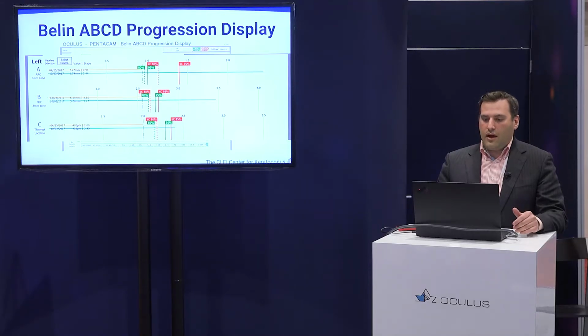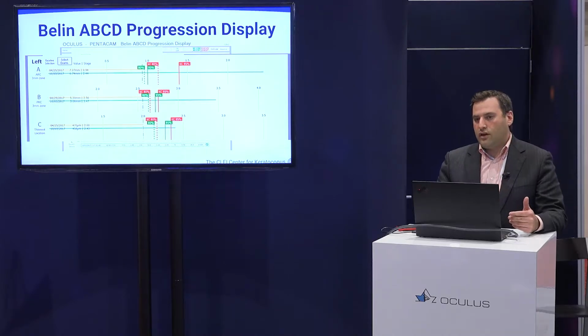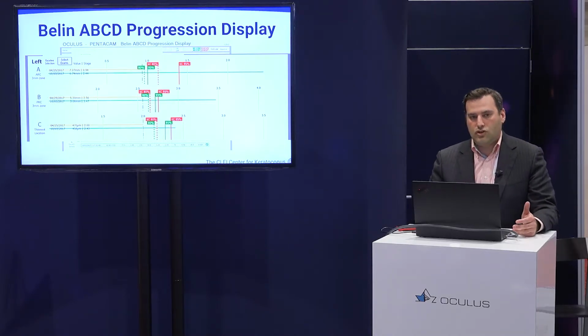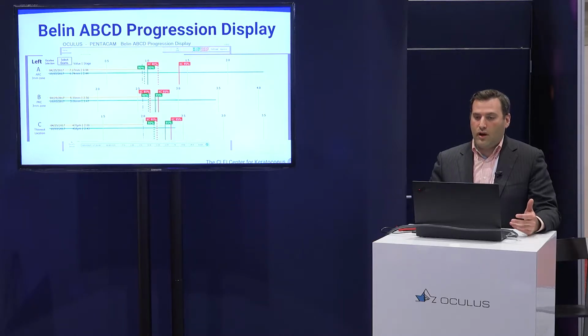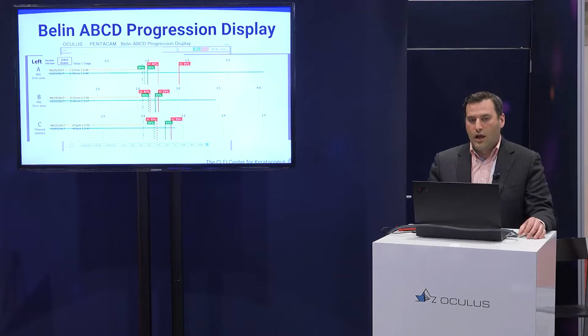And it can be compared to a normal population in green, but more importantly for us, it can be compared to a keratoconic population in red. And we can now look at that and say, well, is this patient progressing? And with 95% confidence, the 95% confidence interval, this patient's anterior curvature, posterior curvature, and thickness has all progressed between